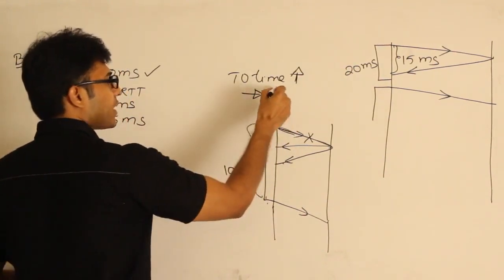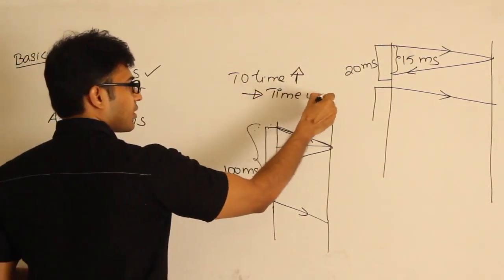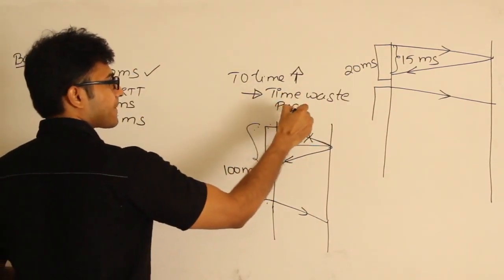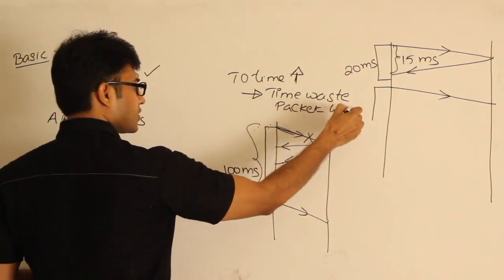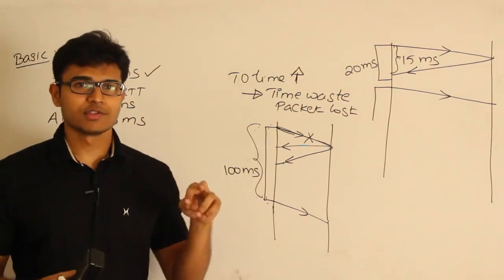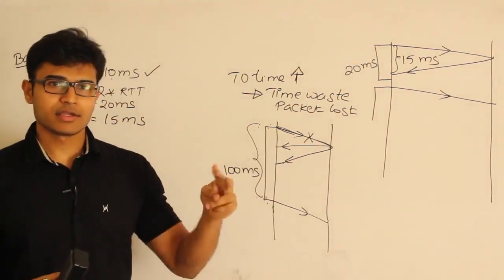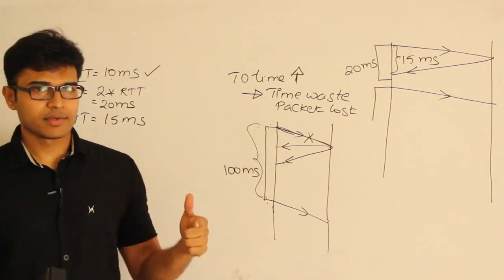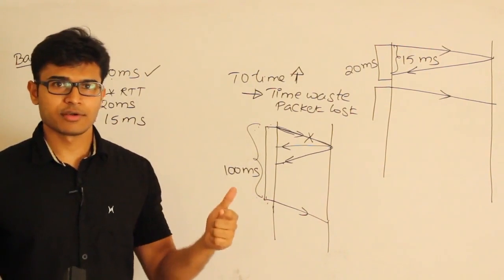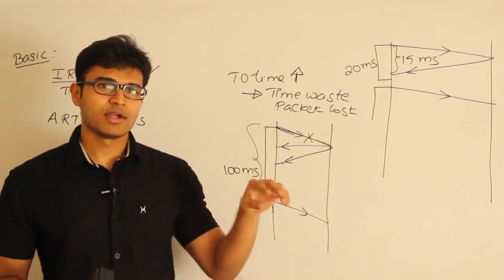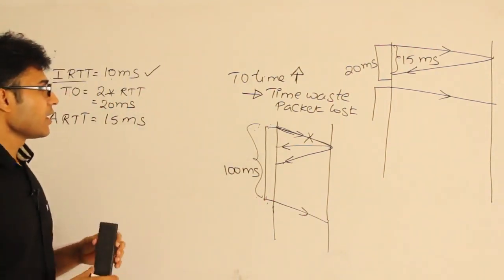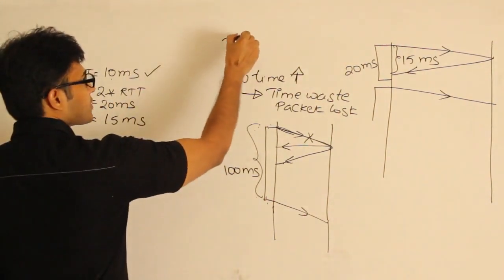It is going to lead to time waste in case the packet is lost, or the segment is lost, right? One more thing: I generally use the words segment and packet interchangeably, but packet is a general term and segment is the term that has to be used at the transport layer. So whenever I say packet, depending on the layer at which we are working, please convert the name appropriately. Okay, and now if the timeout timer